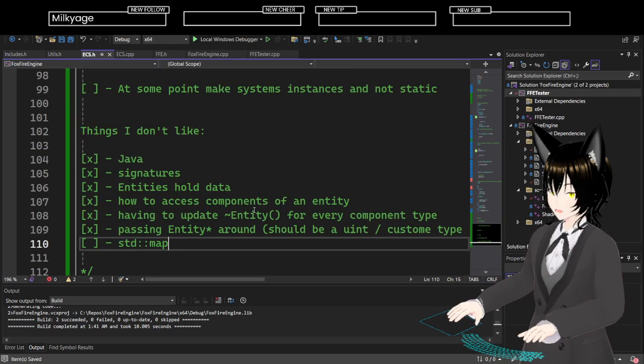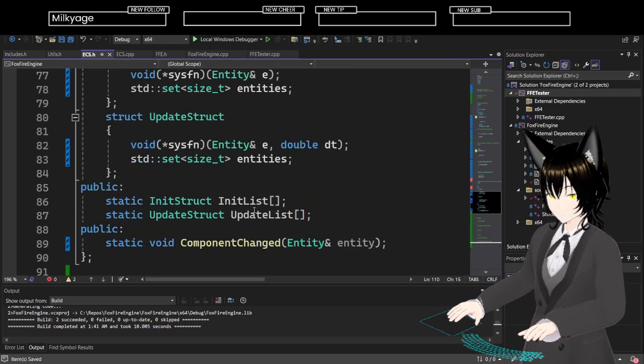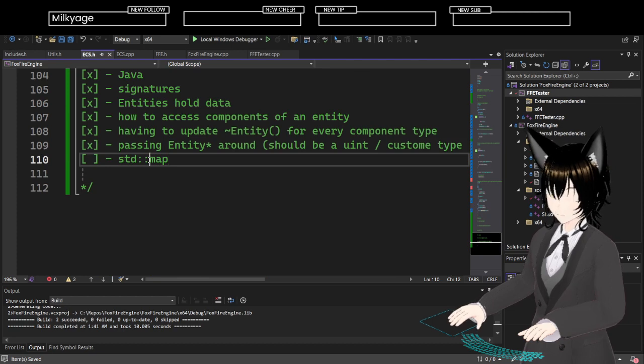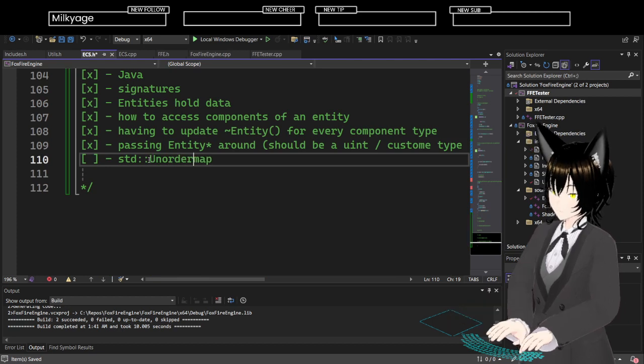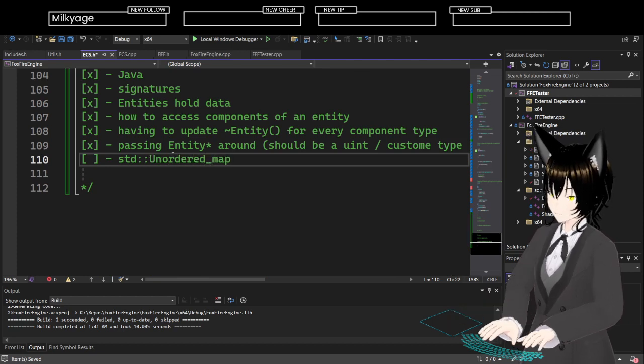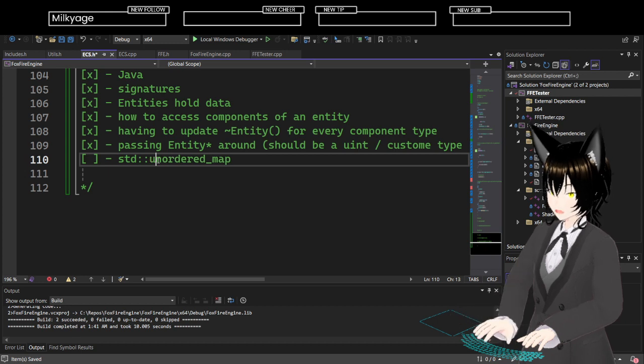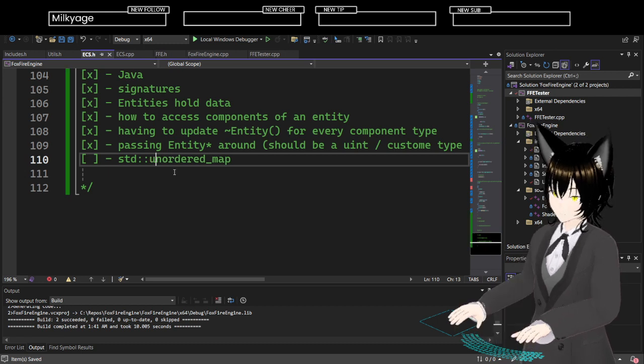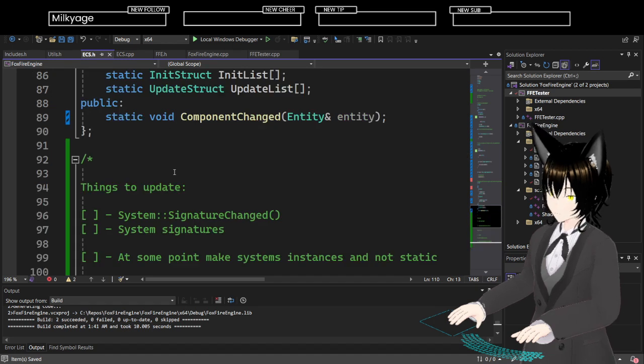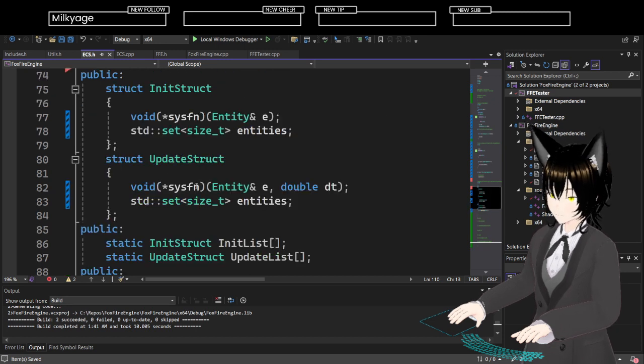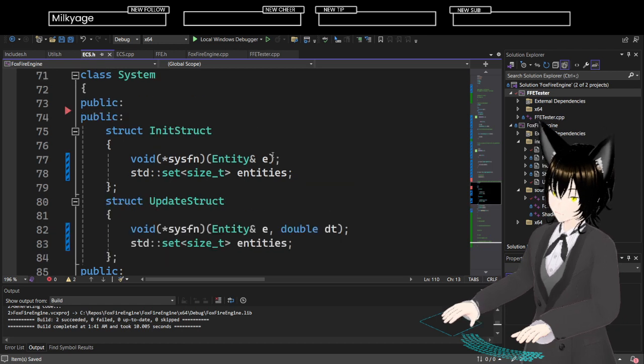This set is fine. I don't like the unordered map. So the init struct.